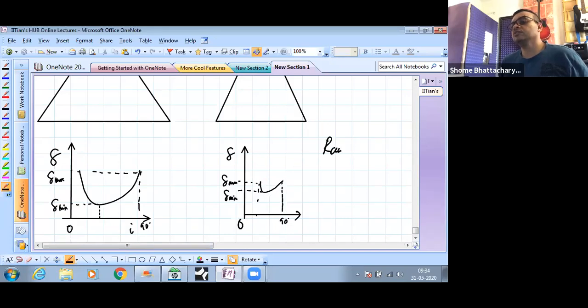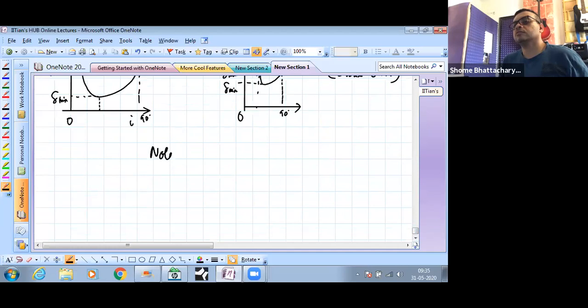So range of deviation, that is delta max minus delta minimum. Okay. So it will be like this. If this is A2 and this is A1, so you can see that the range is less for,